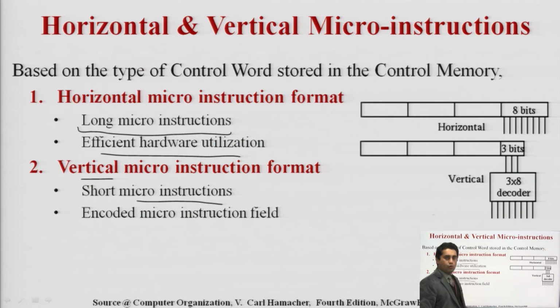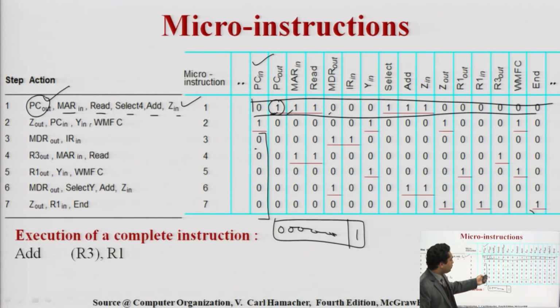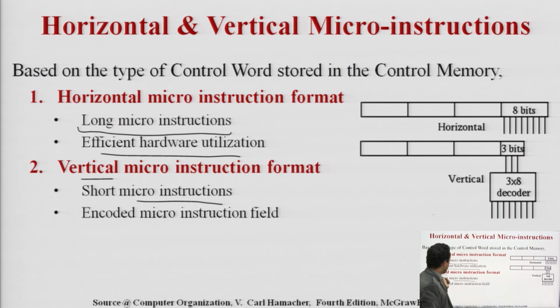If I have a 20-bit code, now I can use the coded part in this. So we will encode it, say we have 16, 32. In 5 bits we can accommodate all 20 operations, because 2 raised to the power 5 can accommodate up to 32 operations, starting from 0 to 31. So here in 5 bits I can accommodate those 20 bits which I was using here. So with the help of vertical format we can use it in a coded manner.